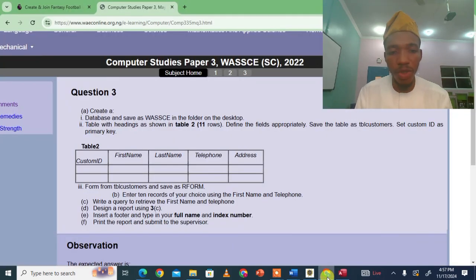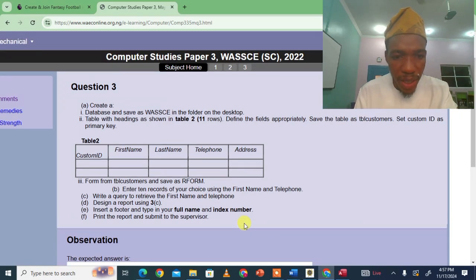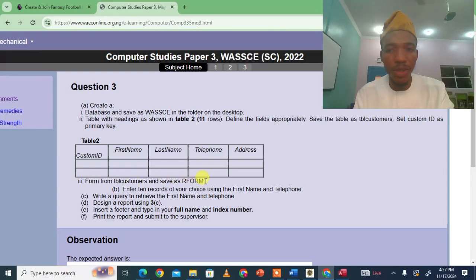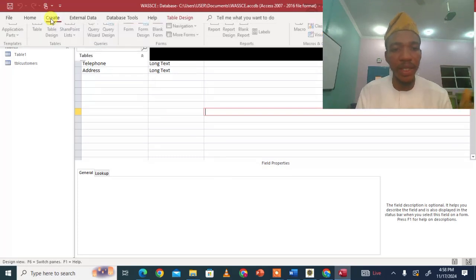Now let me go back to the question. It says create a form from TBL customer and save as R form. So after creating the table, they asked us to create a form from the table that was created. So let's try to create a form from the table. We go to Create, or better still,